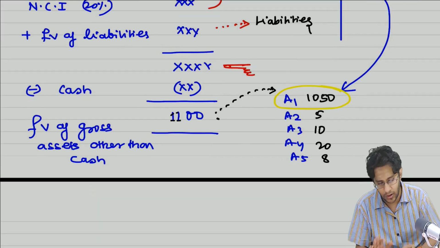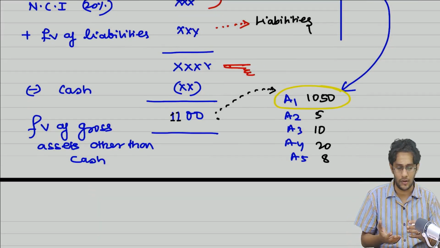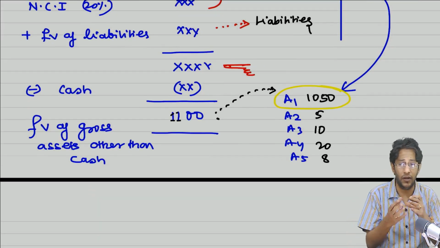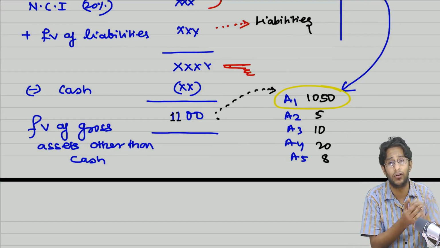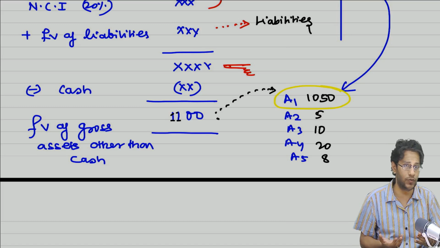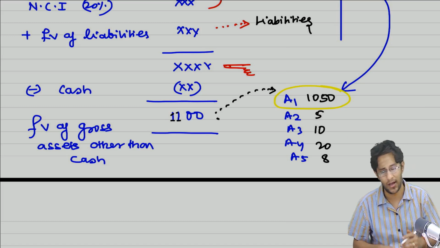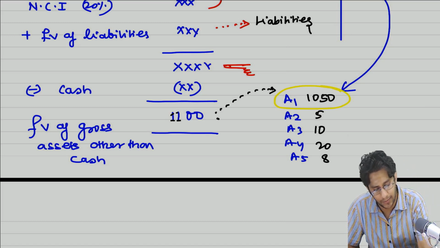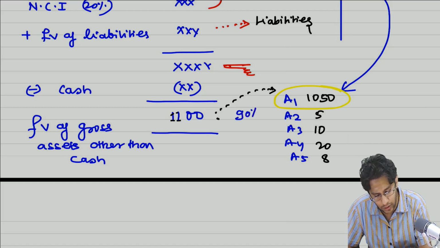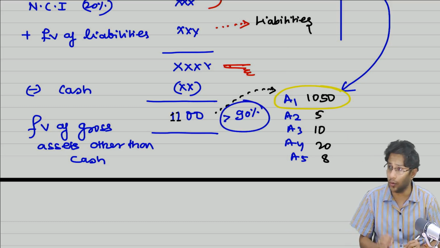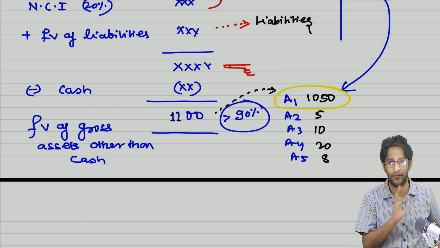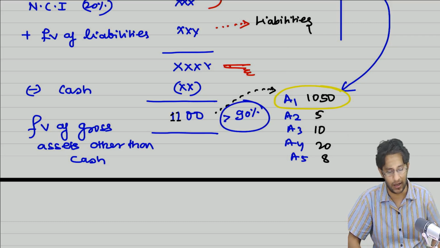So, sir, how will you know whether 1100 and 1050 is substantially concentrated or not? How will we know? We do not know, sir. This is a judgment based analysis. According to your ICAI study material example, they are considering that a percentage more than 90% is considered substantial. As such, there is no proper definition given there. It's a case to case based analysis.